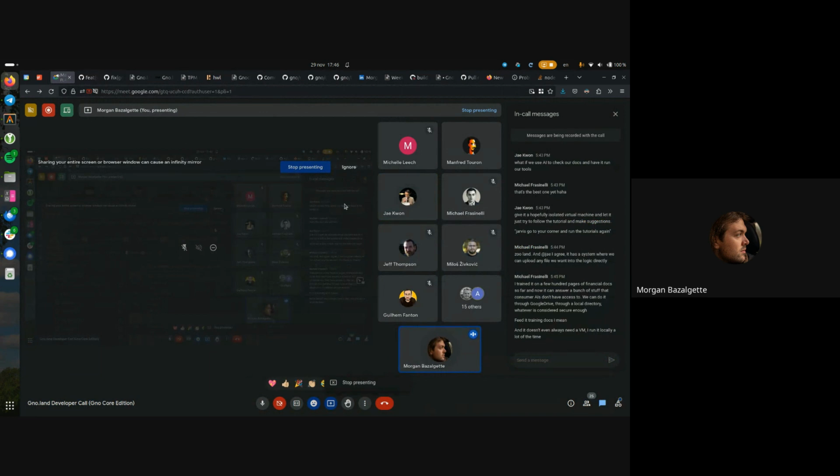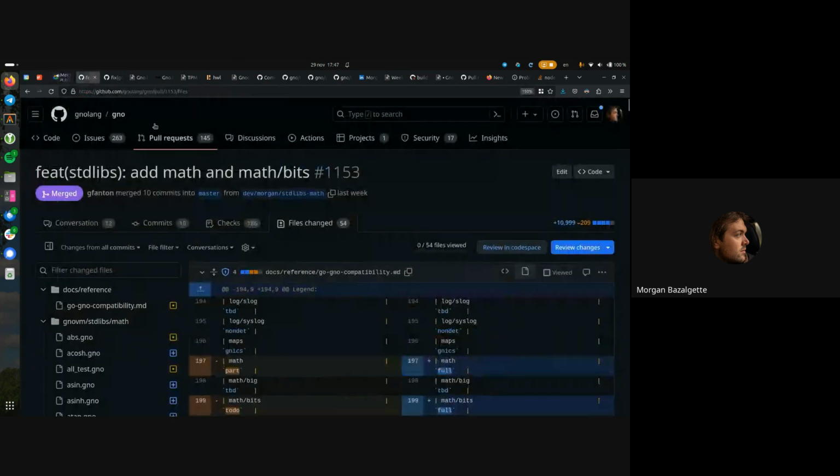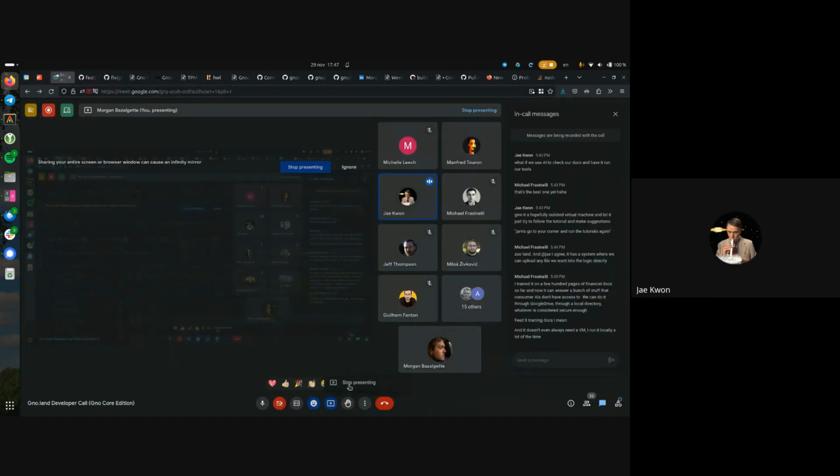I also have in the works a tool that takes the latest version that there is in the Go source code for any given standard library, and shows the comparison side by side with the corresponding Gno source, so we can always see at what points they diverge. Maybe if we can specify which version to compare against, that would be nice. Then we don't have to always be staying updated with the standard library. But that doesn't change often. So yeah, that sounds like a great idea.